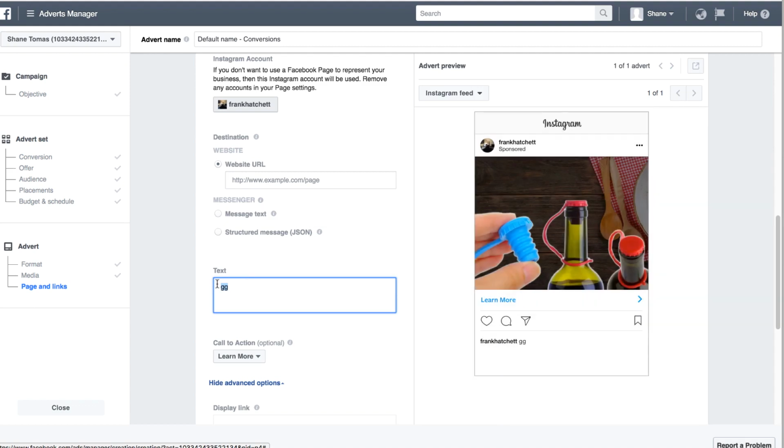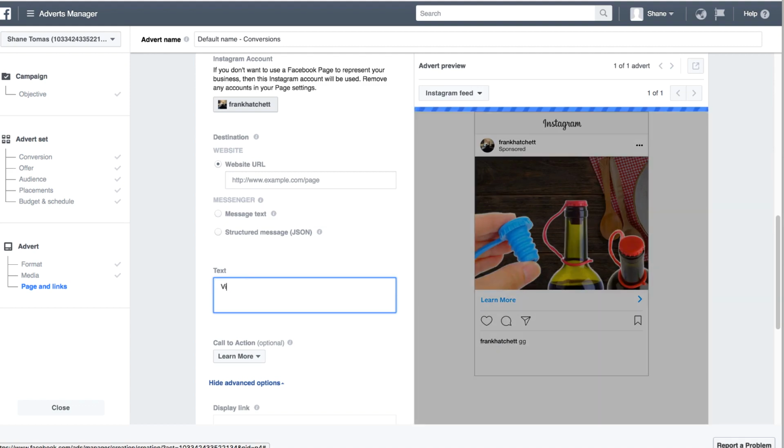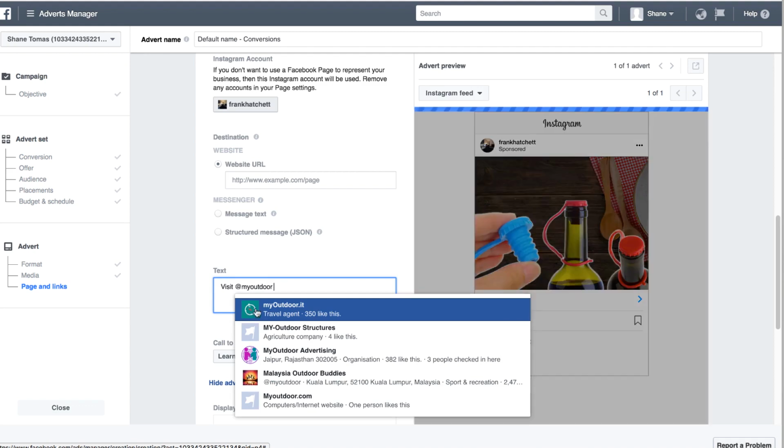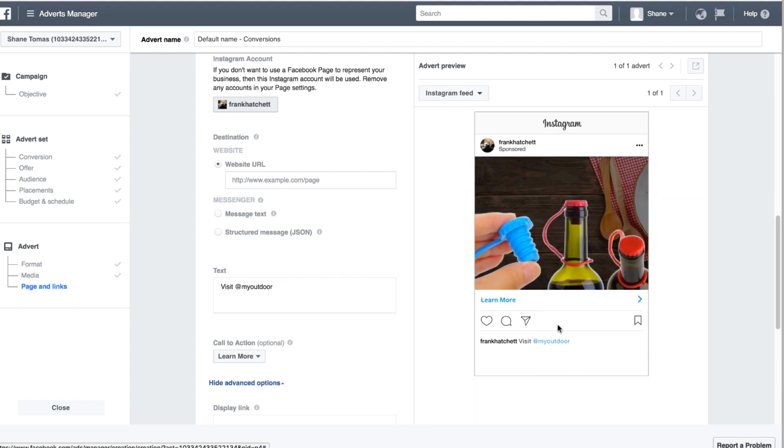So what I do is visit. I can't remember if you can do tags or not. My outdoor. I don't think you can do. Sometimes I think you can't. Yeah, it should be up. So if you do that and you put your Facebook, Instagram page in there, I can't remember if it does, but it should take you through to get a discount,